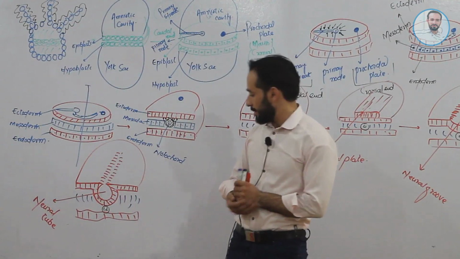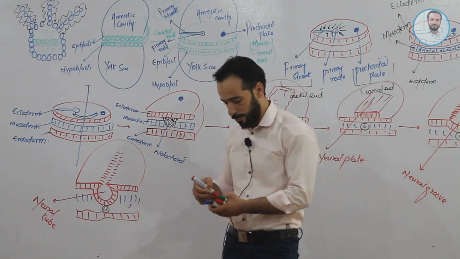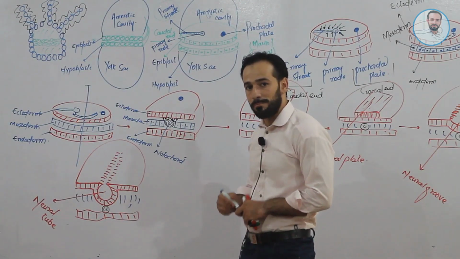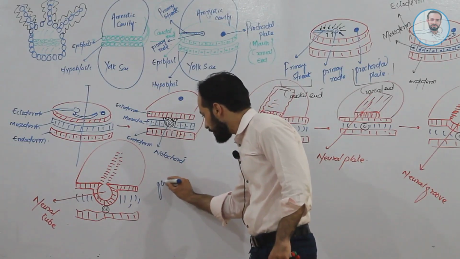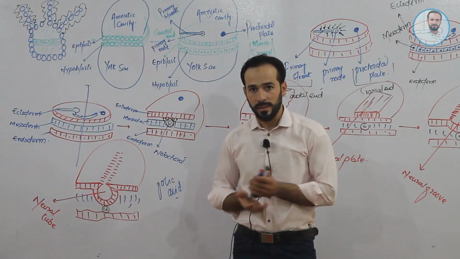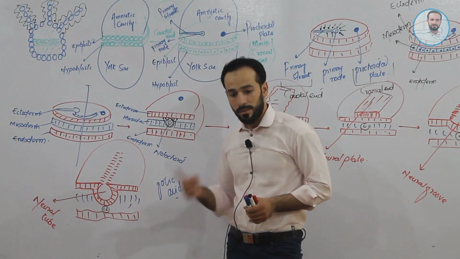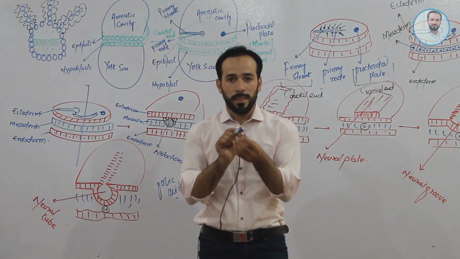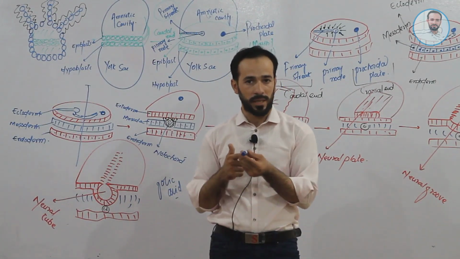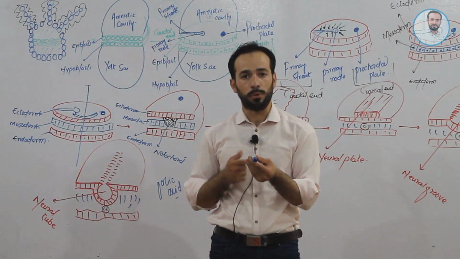Friends, regarding this neural tube, we have to remember some important points. What are those points? Whenever this neural tube is developing, the pregnant female must be supplied with sufficient folic acid, right? There must be sufficient folic acid in the blood of this female. Why? Because, let's see, friends, this is the neural tube, and it has two openings, an anterior opening and a posterior opening: the anterior neuropore and the posterior neuropore, right?